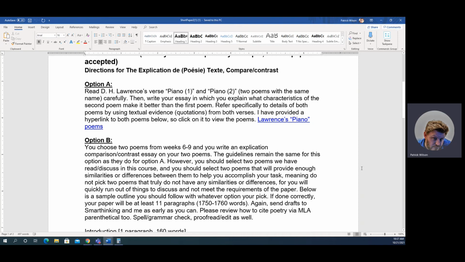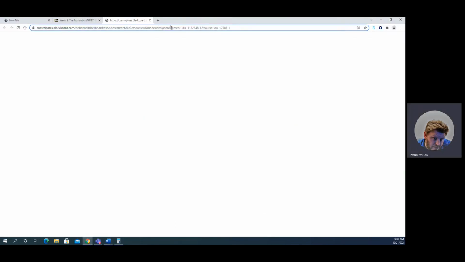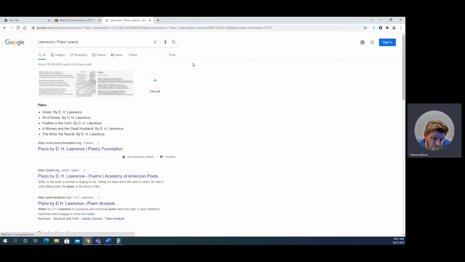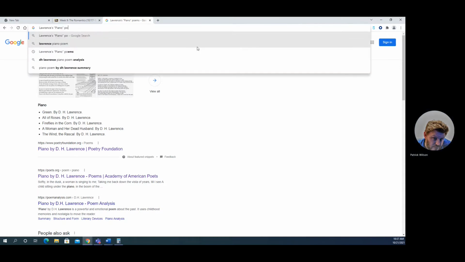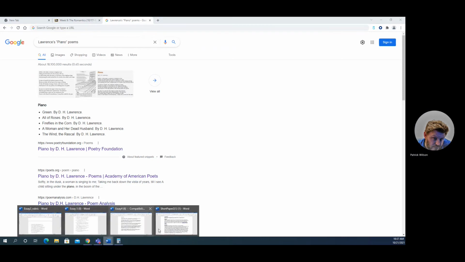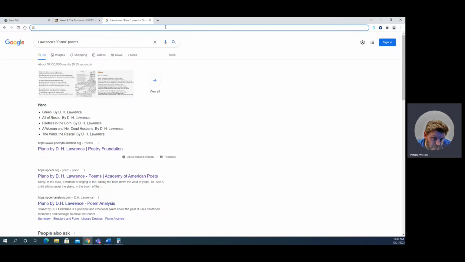The only difference is option A, you have 2 poems already for you that you're going to have to read, annotate, take your own notes, and the hyperlink for those 2 poems are right here. What you're going to have to do is, I usually highlight it and I click copy. I'm going to get out of this, and I go ahead and paste it. No, I didn't do it right. Let's see here. Let me go back. I gotta copy. Yeah, I need to copy the hyperlink. So you want to copy the hyperlink,